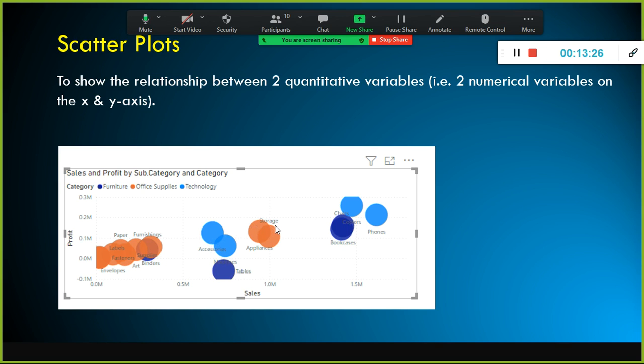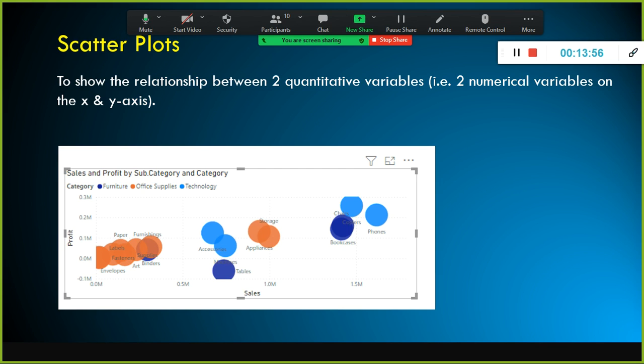In the size, if you drag and drop specific columns, the values will be in the form of bubbles. So they call this also a bubble chart. Basically the scatter plot is used to identify outliers, correlation and categorization in two sets of data. For that purpose we will be using scatter plot.